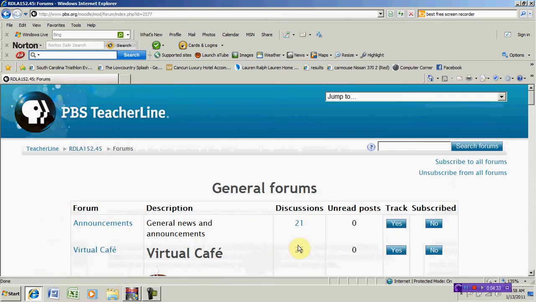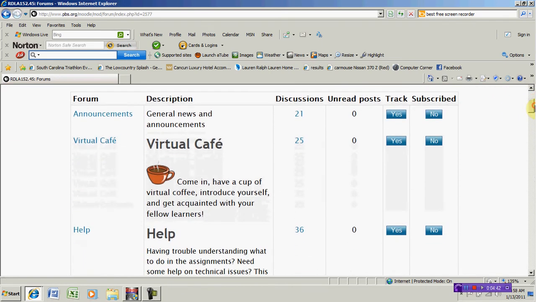Some of your learners may be subscribed to all the forums. You may have to direct them to this button to unsubscribe from all the forums. That means you will not get an email every time someone posts. You do want everyone to be subscribed to the announcement forum so they'll get that as an email from you, so you don't have to duplicate yourself by posting it on the announcements